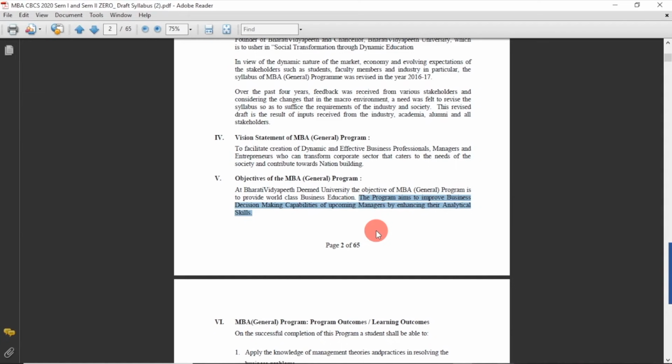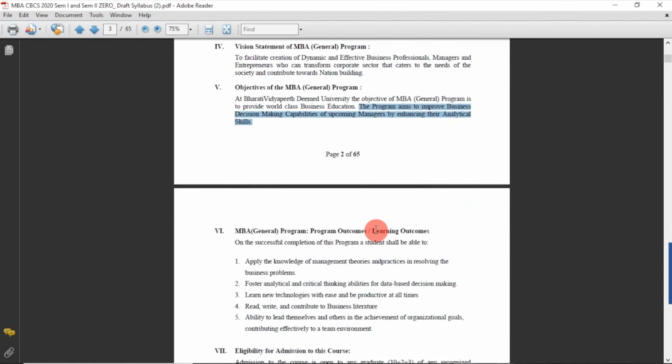So just see how this is linking to the social need. Basically we are trying to fulfill this particular need of the society by training our people.